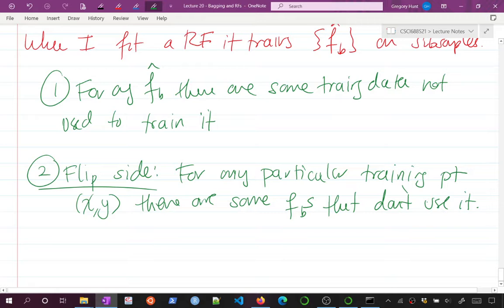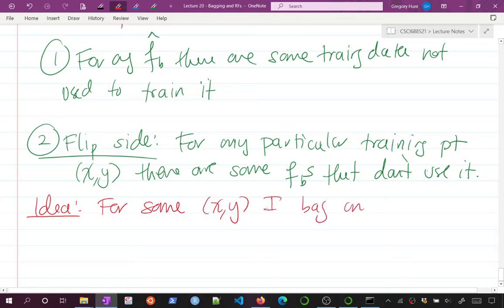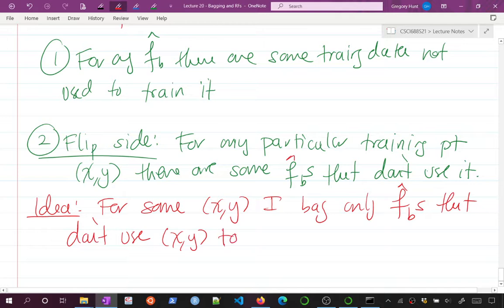And generally there are a lot of these f_b's, like a third of the f_b's aren't actually going to use it. So an idea is, for some (x, y), I bag only the f_b's, or the f_b hats, I guess they have hats on them, that don't use (x, y) to train them,